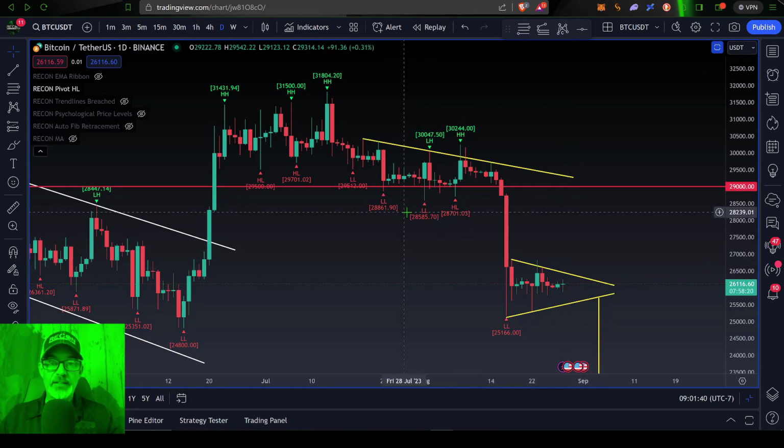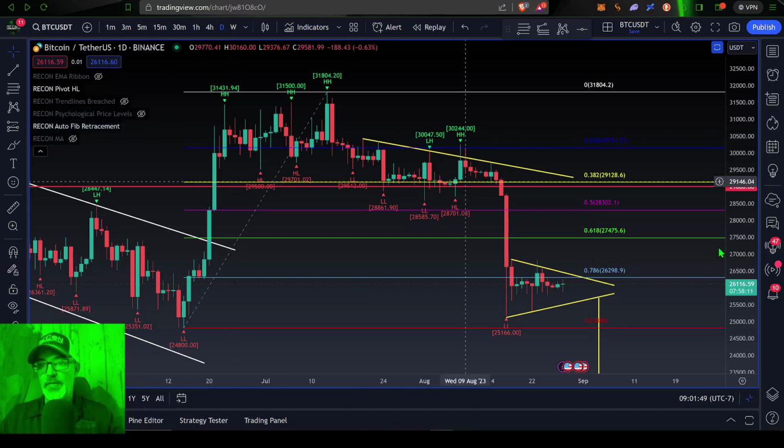So with that being said, let's take a look at some targets for support and resistance, and we can do that by dropping in the Recon Auto Fib Retracement Indicator, and that will drop in some levels we can take a look at for support or resistance. And the first level that pops out to me is going to be the 786 level, or around 26,300, and you can see right now Bitcoin's price is running into resistance pretty much at that level, other than maybe one day spent above, but the next day quickly retreating back below that 786 level. There are several wicks into this level and rejections where Bitcoin is running into resistance at that 786 level,